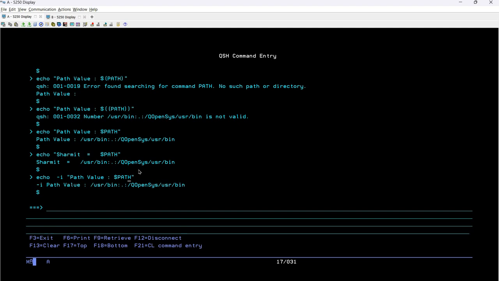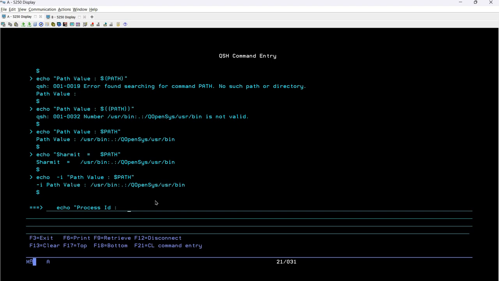So just assume a scenario where we need a process ID, maybe on the Qshell command prompt, or maybe through the CLLE program. In that case, you can easily utilize the way which I'm going to show you just now. Simply write echo, then inside double quotes you can write process ID, then colon. Again, it is not mandatory, you can write anything here, but just for the demo purpose I am writing like this: